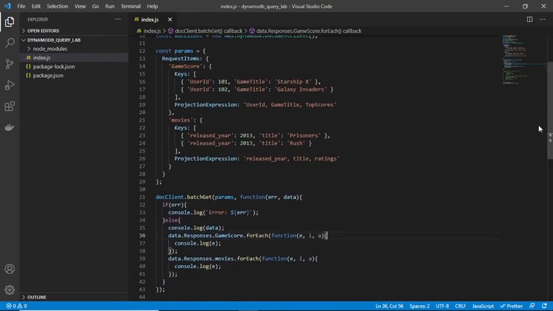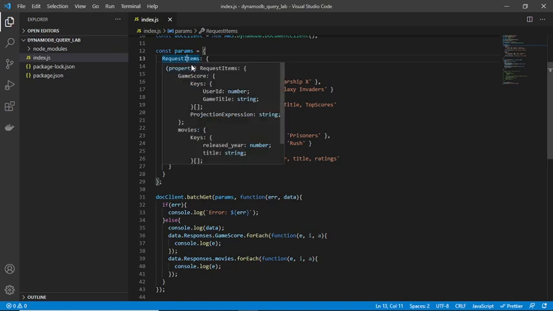So this is the request format which I am passing to my doc_client.batchGetItem. So here I am passing this variable params. So here is the format. This is the object, and in this you have to use this RequestItems object. In RequestItems you can have multiple objects for your tables.